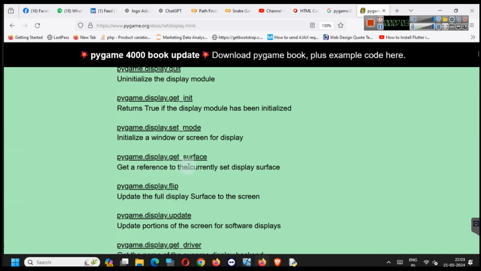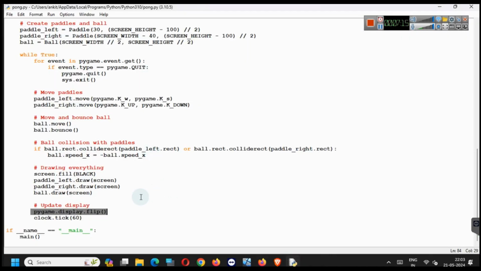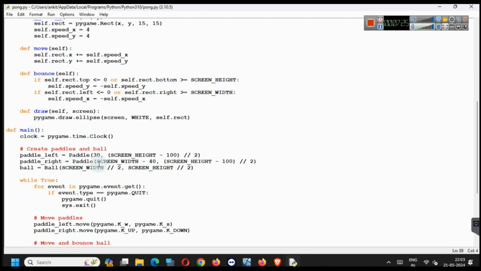Then get_surface gets a reference to the currently set display surface, and flip updates the full display surface to the screen. So that's what we have done here. And now simply the clock will start ticking, and if name is equal to main, this will simply execute the main class. So when we run the module,